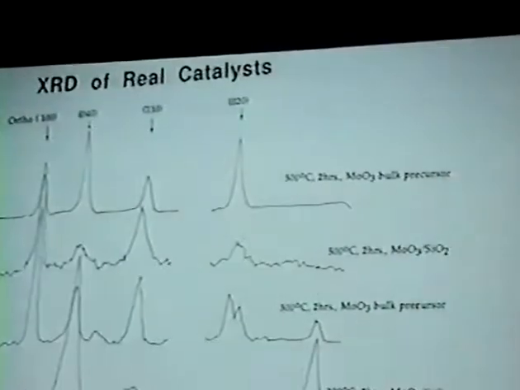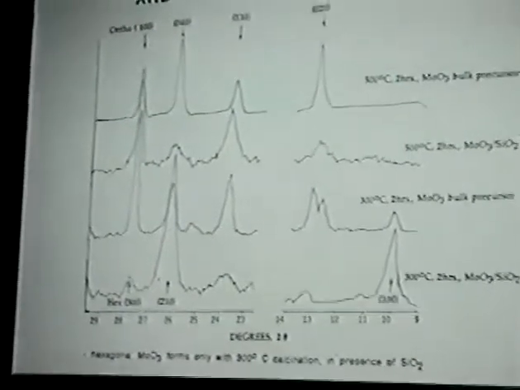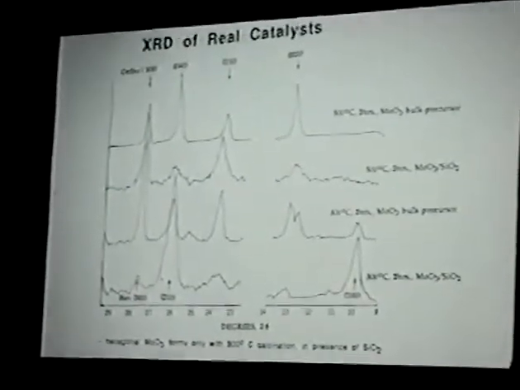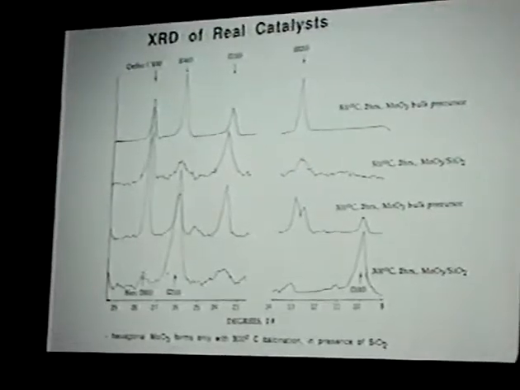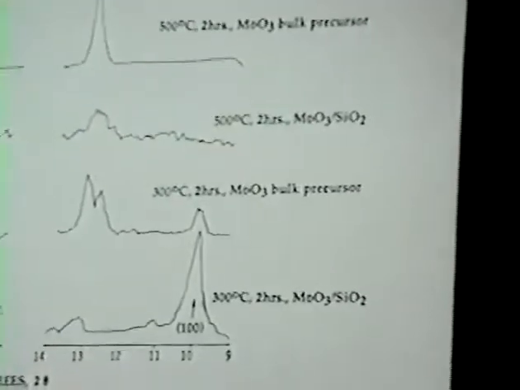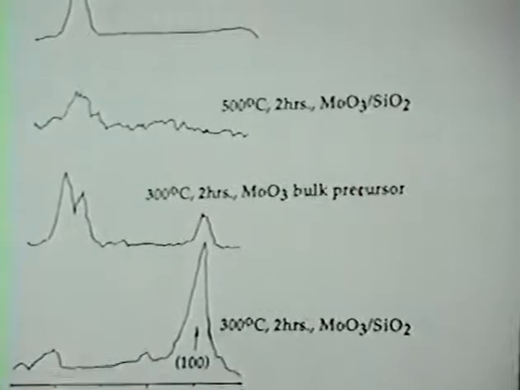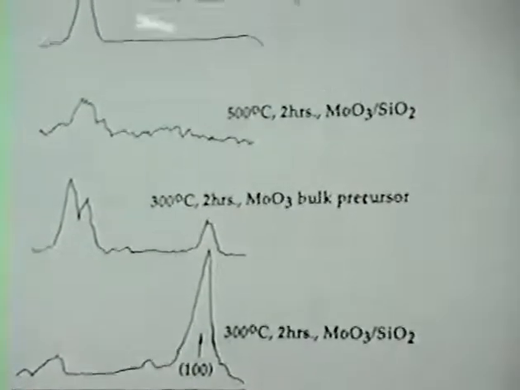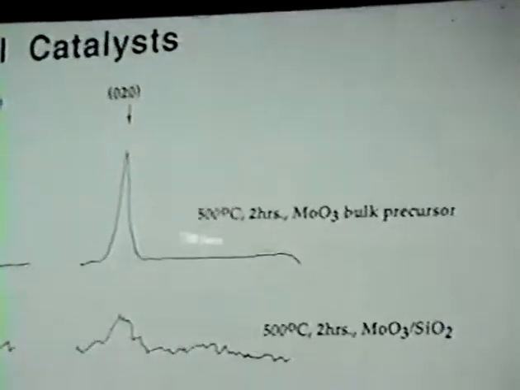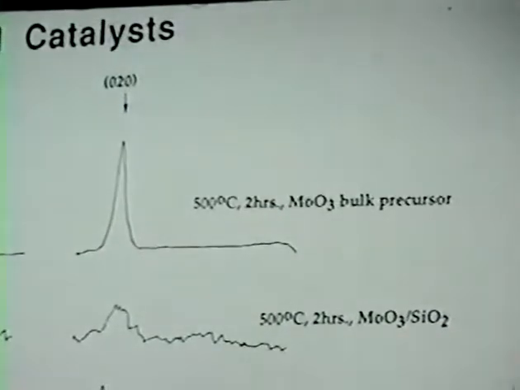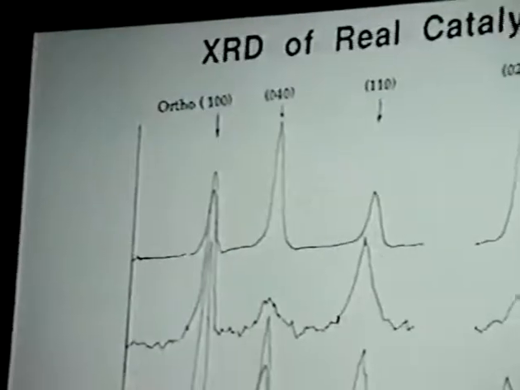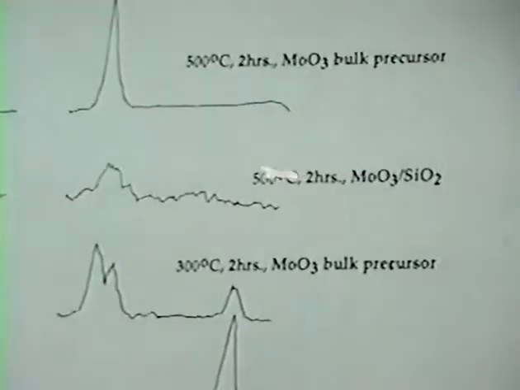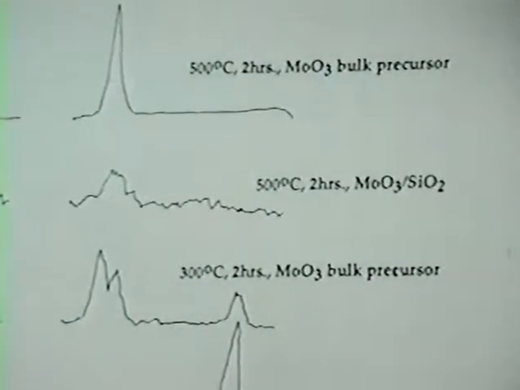In all cases, therefore, we start out with a poorly dispersed and amorphous precursor, and that's the starting point for lots of things. I've got 2 X-ray diffraction slides here that I'll spend a little bit of time on because they really tell a very complete picture. First of all, if we take the unsupported bulk precursor, which is ammonium metatungstate, and just calcine that bulk powder at 500 degrees C for 2 hours, we get the orthorhombic phase, which is what everybody sees. If we impregnate the silica support with the same precursor, calcine for 5 hours, we get the